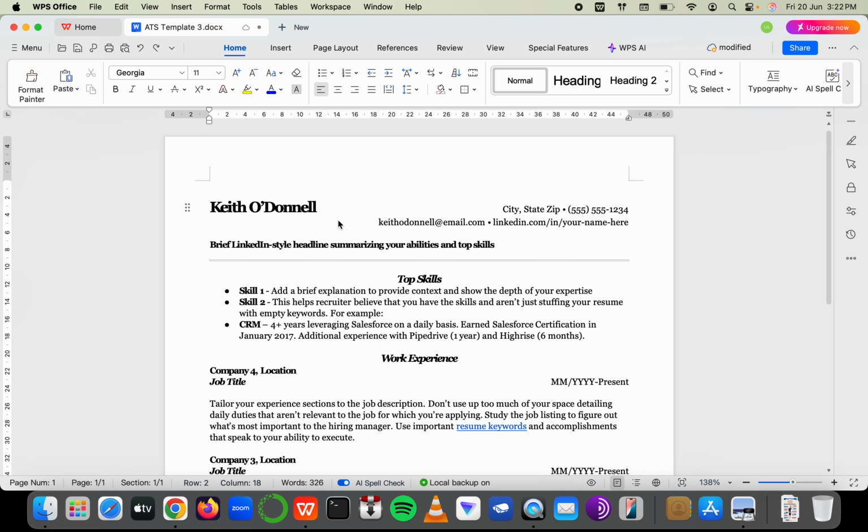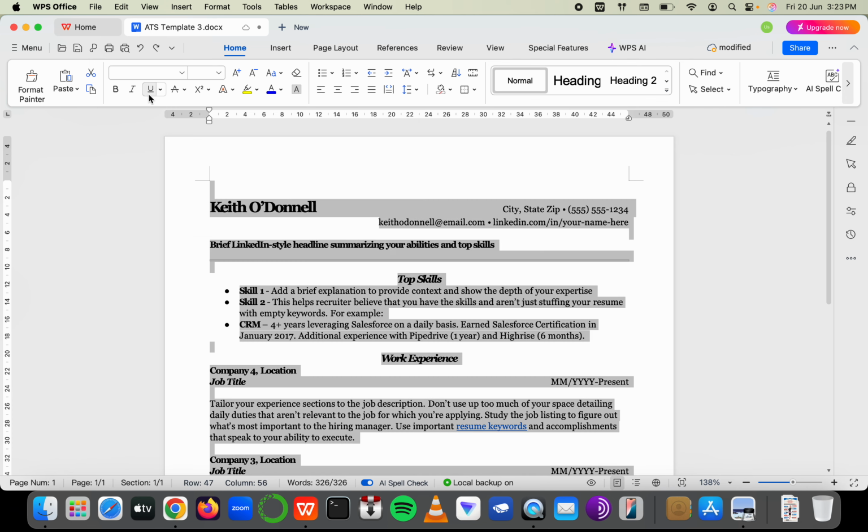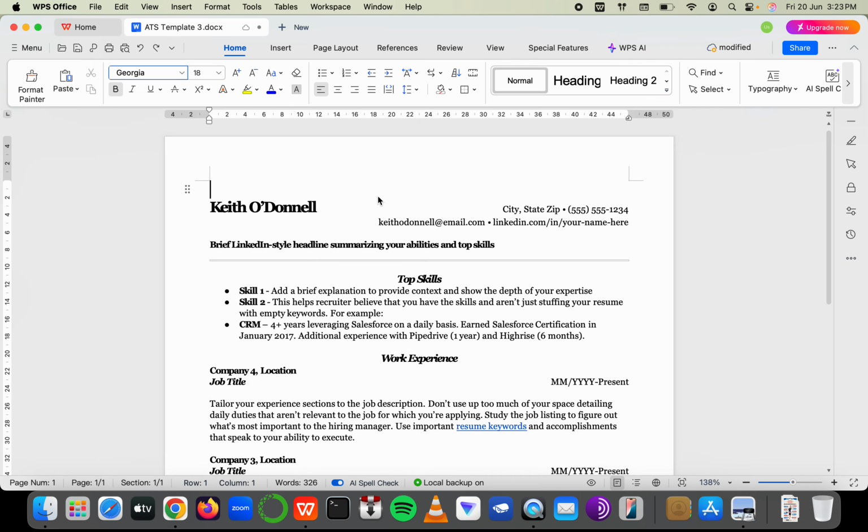So this is the one. First of all, your resume should never have any graphs, should never have any pictures, and should never have any sort of special characters. Just by looking at it, you're going to see that it uses a particular